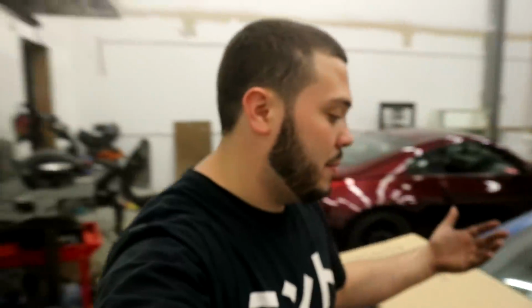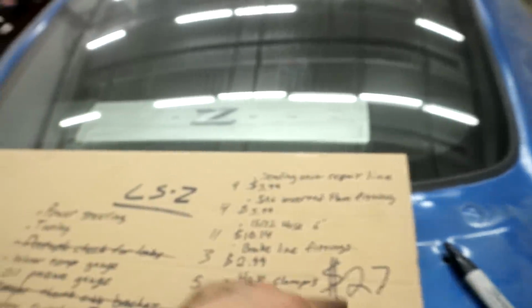Now, if you factor in the eBay power steering cooler, I think those are like $30 and it comes with 2 of them. So say $57 if you really want the exact same setup as me. And keep in mind, it'll be cheaper if you don't, because you won't have to buy that long of hose. You'll probably only have to buy 3-4 feet of it. But anyways, $27 full power steering, everything you need to have power steering hooked up,